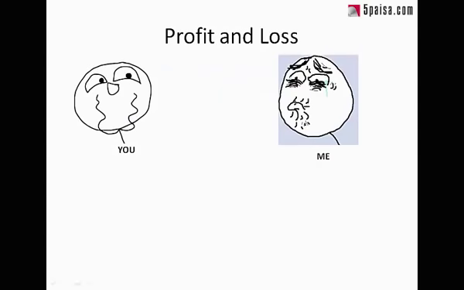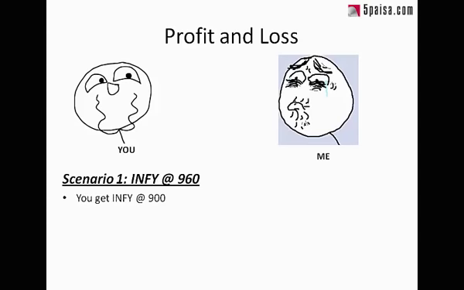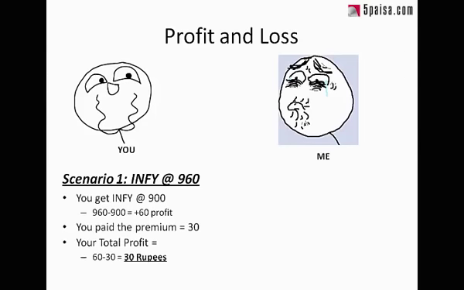Now let us look at a few profit and loss scenarios for the buyer and the seller of the option. Scenario 1. INFOSYS ends at 960 rupees on the 30th of next month, which means you get to buy INFOSYS worth 960 at 900, which is a clean profit of 60 rupees. But you have already paid the premium, which is 30 rupees, so your net profit is 60 minus 30, which